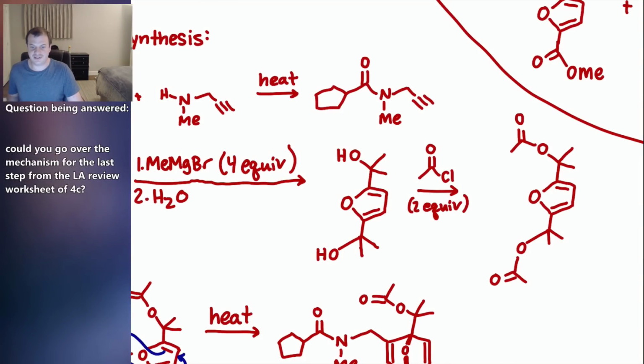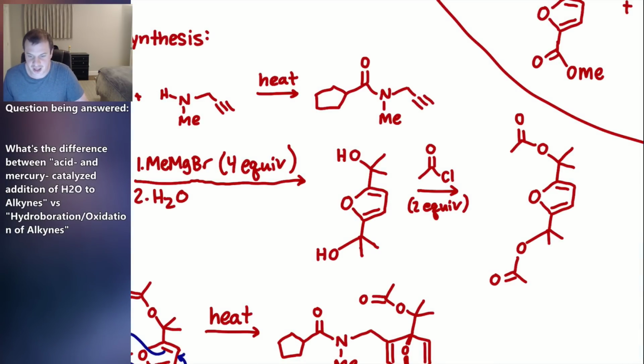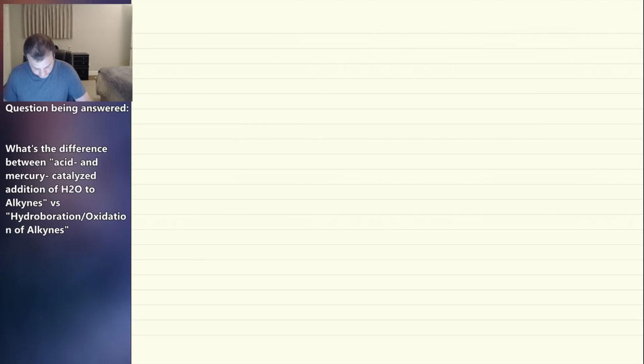What's the difference between acid and mercury catalyzed addition of H2O to alkynes versus hydroboration oxidation of alkynes? Usually, the hydroboration oxidation of alkynes forms aldehydes, and acid and mercury catalyzed addition of H2O makes ketones. So, for example, if I have the following alkyne,